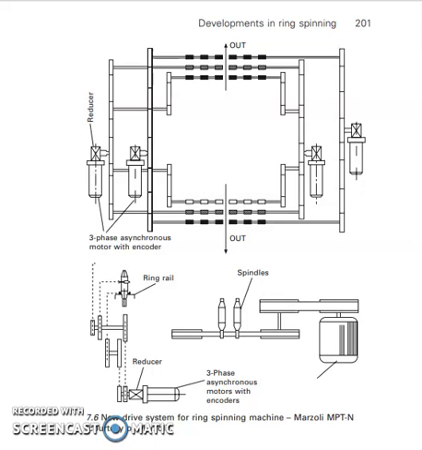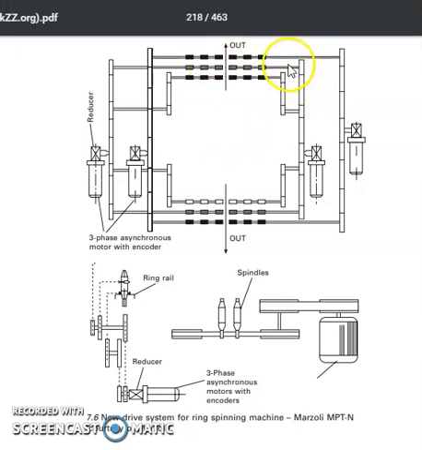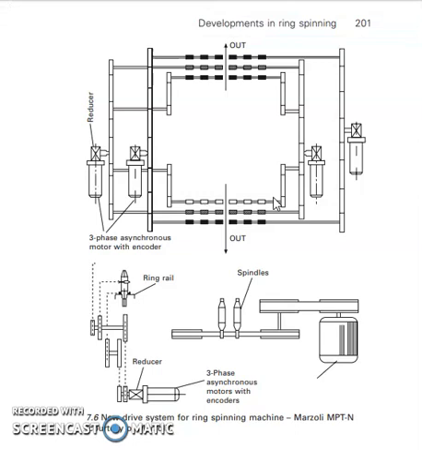Another trend is division of drafting systems of long ring spinning machines into two halves, first half and second half, each driven independently. Front and back rollers are driven individually by frequency controlled synchronous motors running separately on the two halves of the machine. This facilitates processing two separate lots of fibers that differ in twist and yarn count.